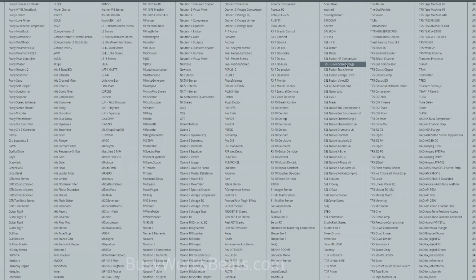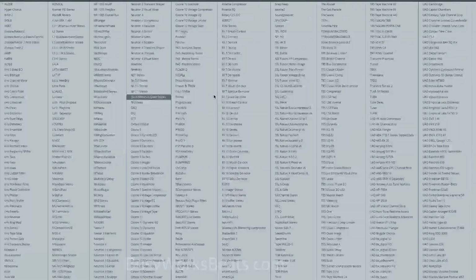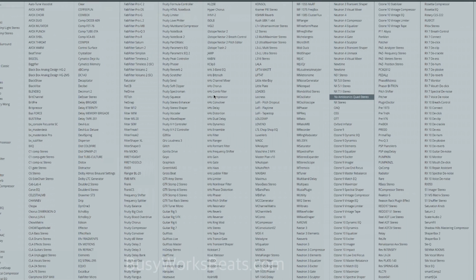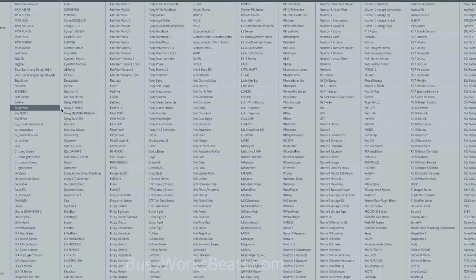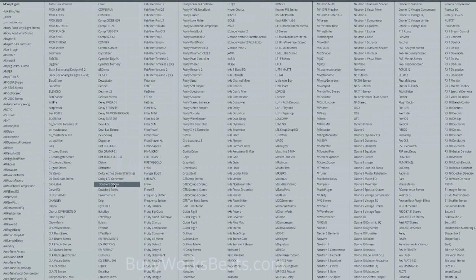But there's something called the SSL Fusion Stereo Image. In short, it just has this knob called Width, and it sounds great. I've had the actual SSL Fusion, and it sounded so close that I was like, why do I have my SSL Fusion? Because really, I only like the SSL Fusion for the two imager knobs that it had in some of the vintage drive. And long story short, that's one of the best imaging plugins. It taught me a lot about imaging because I never thought to boost the low mids on the sides to make something sound more warm and full. And that width knob does that.